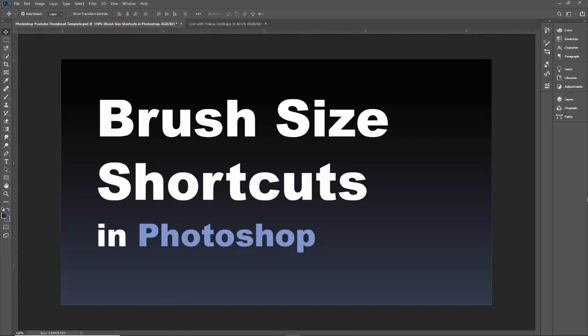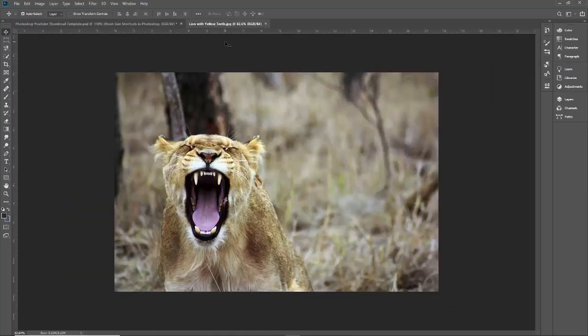I'm Steve, and in this video we're going to talk about the top 3 brush size shortcuts. These are shortcuts to not only increase and decrease your brush size, but also the hardness of the brush, which is really awesome. I can tell you ahead of time that the third one is my absolute favorite, but the other ones are great in their own ways, and I've used all of these from time to time. So without further ado, let's dive into an example and talk about how to adjust the size of